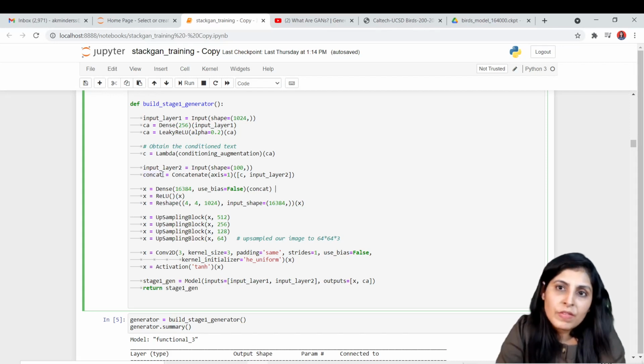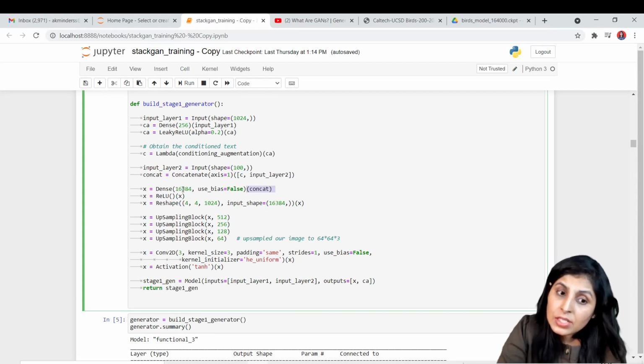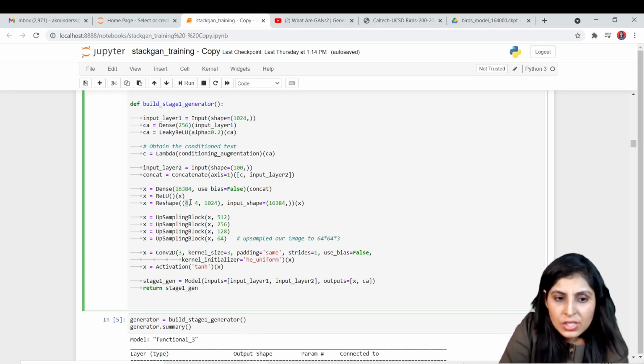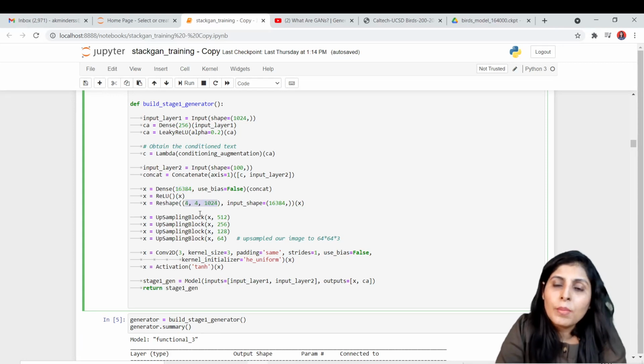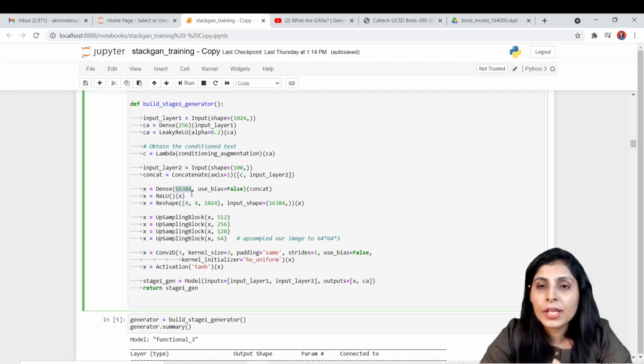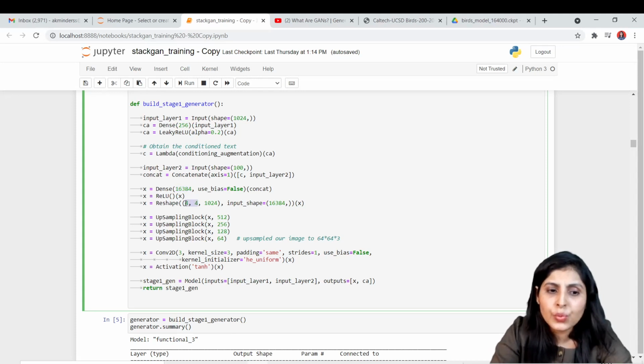The output of the previous layer becomes the input to the next layer, and in the next layer we are using 16384 neurons. Why 16384? Just see below: when you multiply 4 into 4 into 1024, you get 16384, right? So where are we getting this 4 into 4 from?